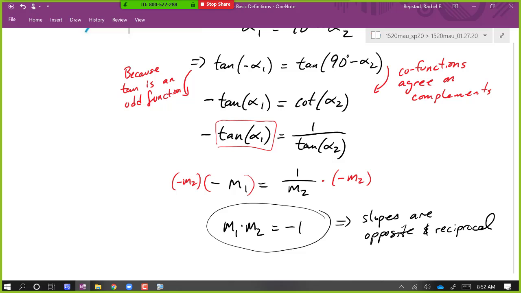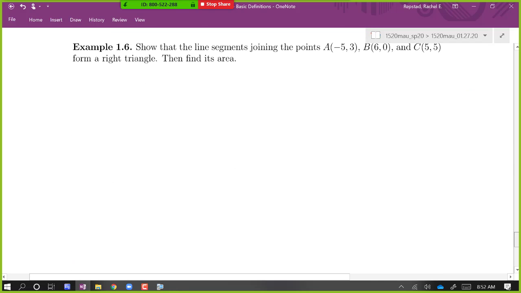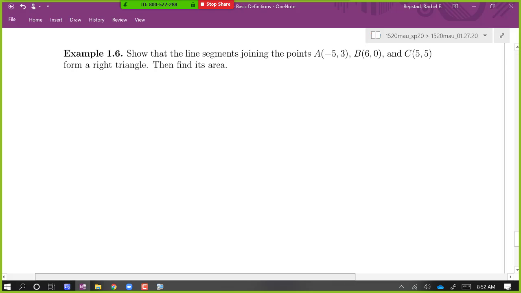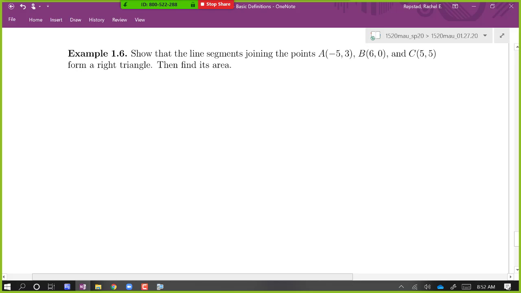Okay. All right. So we're going to finish this section with one more problem with a couple of phases to it. I think our approach will get us ready for one of the general basic tools that we have in this chapter when we're starting out a problem. They give us 3 points, the coordinates of 3 points in the plane. We want to show that if I connect these points together, it forms a right triangle, and then we'll find its area.